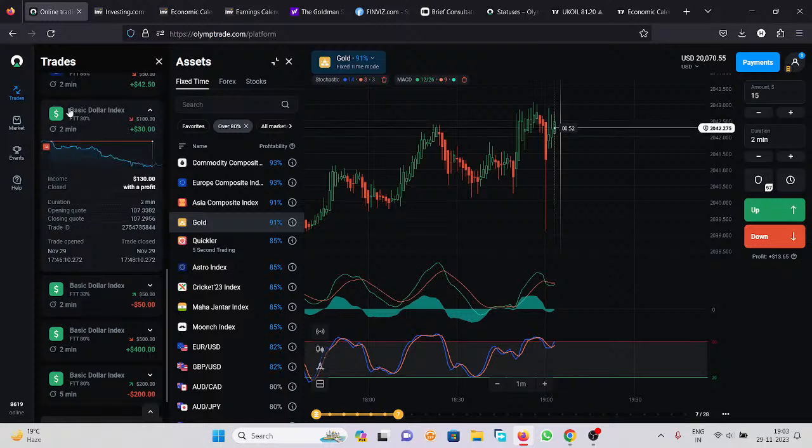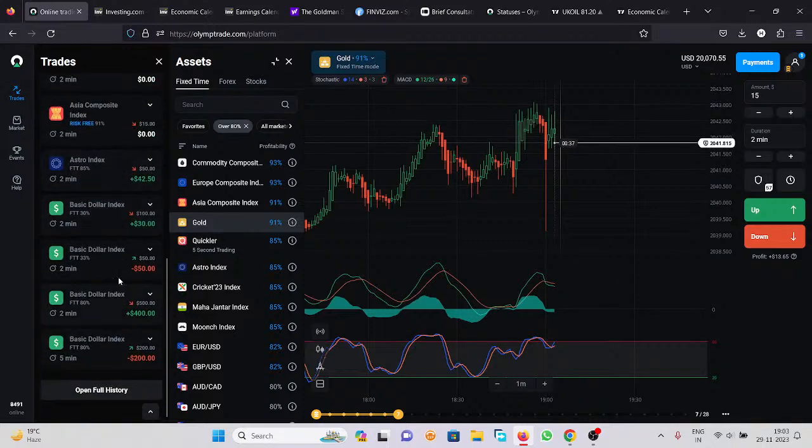However, this actually changes the percentage of the graph. If it is 80%, then I will have a chance to recover my previous trade and also some profit. If the second trade is also negative, then I go with the third. But you need to change two things over here. First of all, change the time frame and change the asset. If possible, change the strategy as well, because a strategy is not a guarantee of success, guys. Please remember. So the next trade I can open with $200, and if the third trade is positive, then I have a chance to recover my $150 and also some profit.